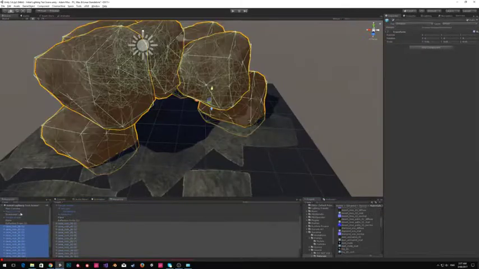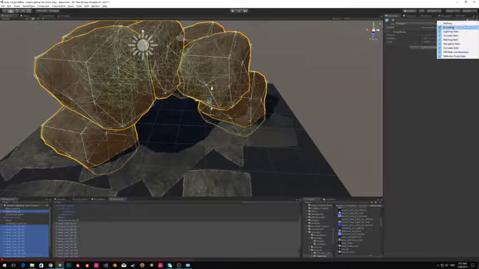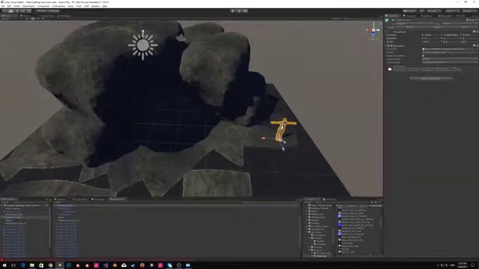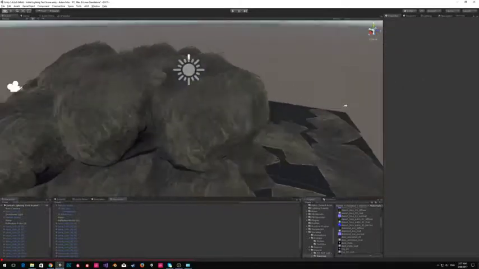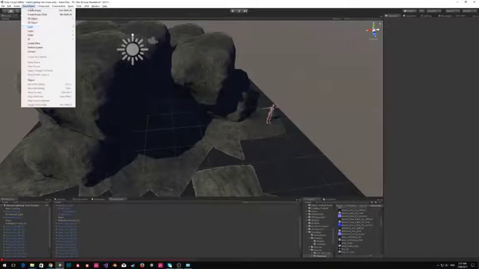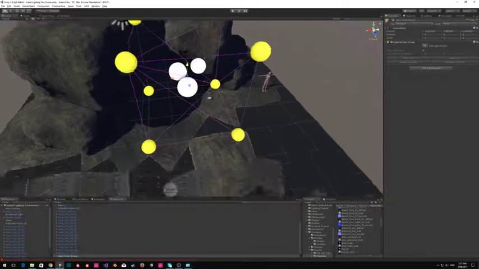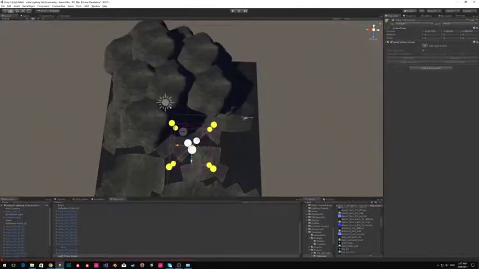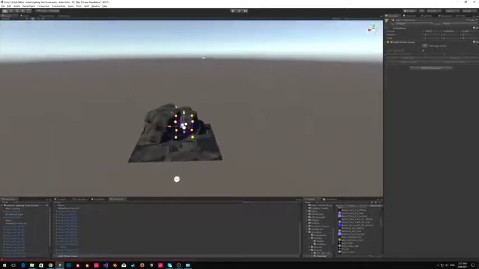I'm just going to mark them static. I'm going to show you one of the tools that comes with Space. Now this is something we implemented specifically to get around these issues of light probe placement. So if we do put light probes in a scene, normally what you do is you grab a light probe group here in the game object light probe group, and basically this lets us sample static based lighting. Now static based lighting is computed offline, so what happens is the computer says I'm going to send thousands